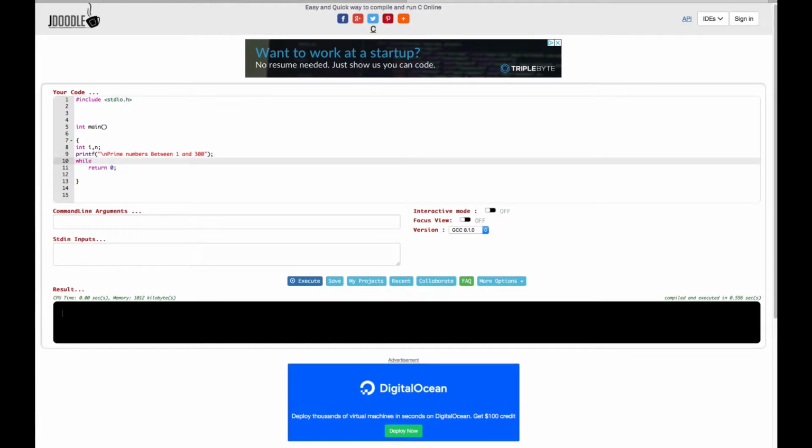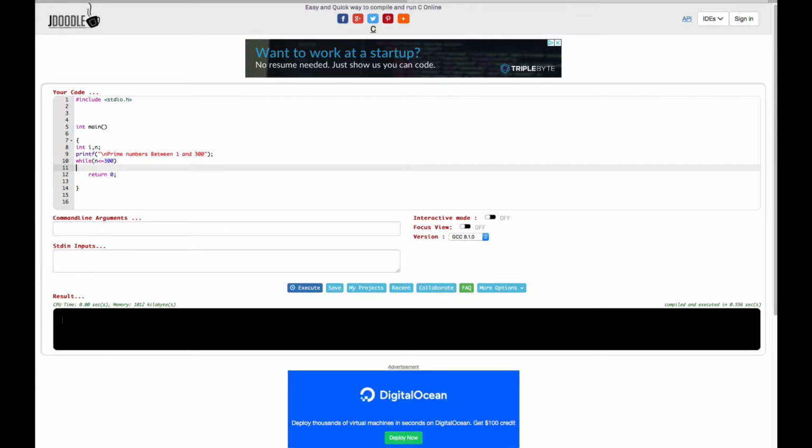In this while loop we are going to set a condition, that is n is less than or equal to 300, right? Because we only need from 1 to 300, that's why we set this condition. So whenever we reach 300, after 300, it won't get into this loop. Now the next thing is we are going to initialize i with 2,